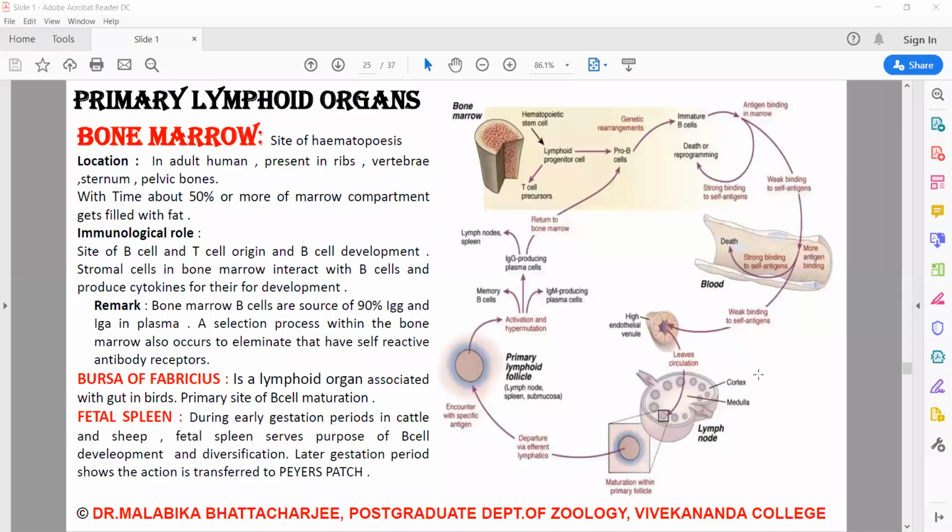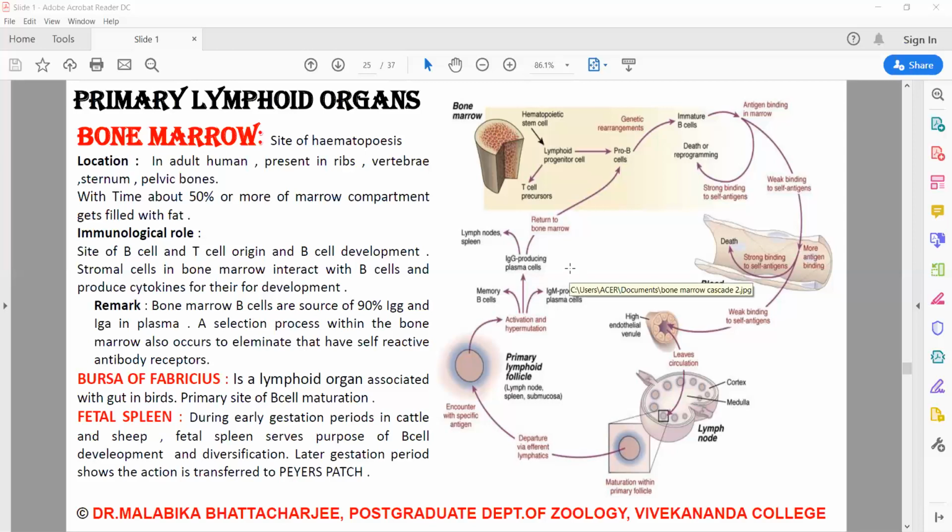Now, as you can see from this picture, this is a structure of a lymph node. Within the lymph node, when the B lymphocytes arrive, there are two parts of the lymph node, the cortex and the medulla. There are some centers known as the germinal centers. Further maturation of the lymphocytes occurs within the germinal centers. The B lymphocytes depart via the lymphatics. If they further encounter specific antigen, then we see further activation of the B lymphocytes, and then we see the effector cells of B lymphocytes.